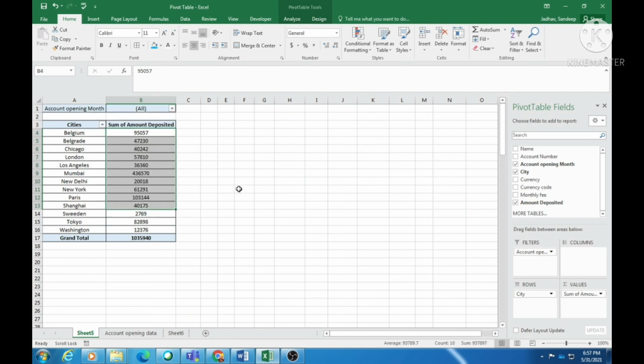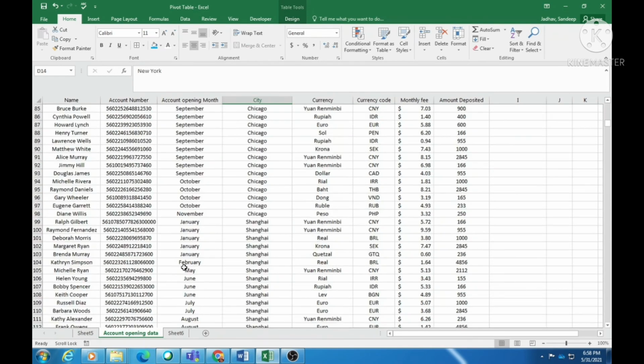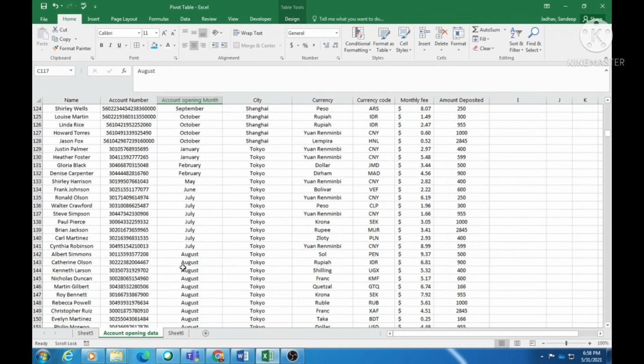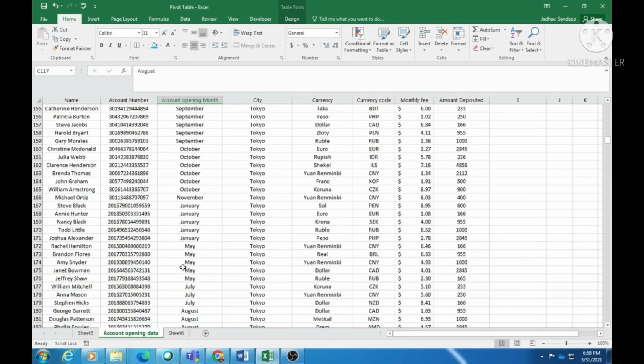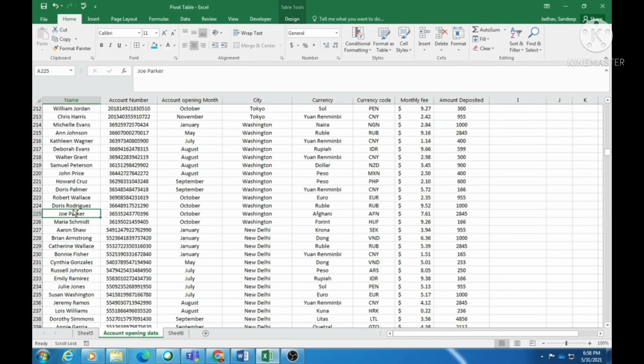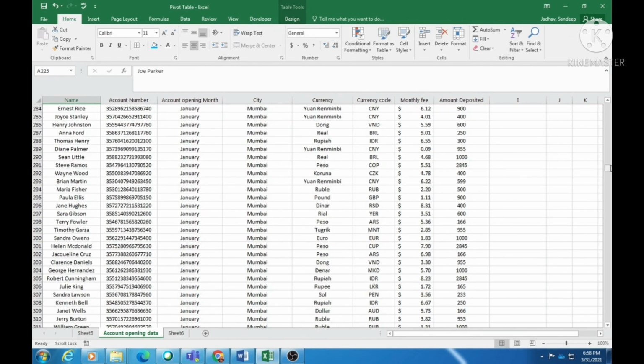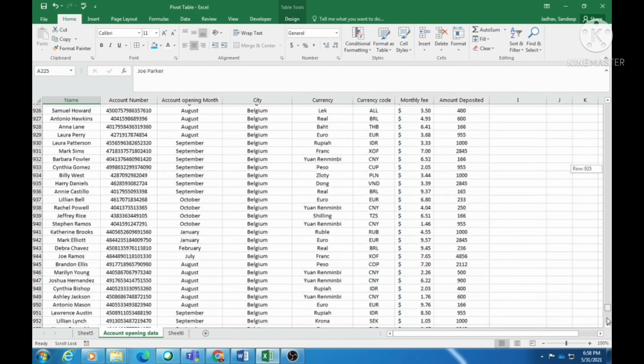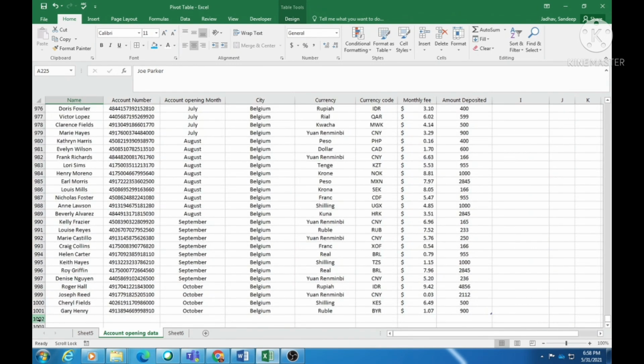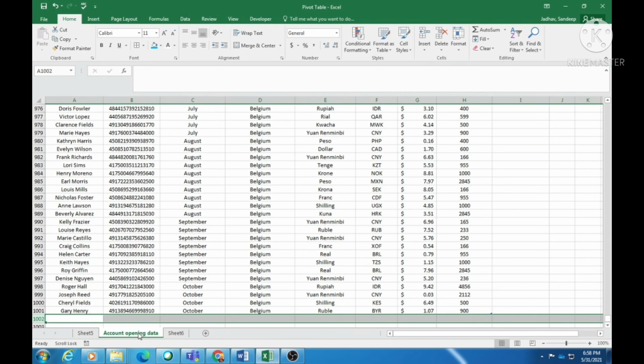So this is the way we can create a snapshot in pivot table. Isn't it amazing and easy to create? These were simple steps in creating a snapshot of the huge data. Now a few tips. For example, it may happen that this is the data for which we have created the snapshot. It may happen that after some time one of the records is getting added to this data in the bottom, at this particular row. What we can do, how can it be refreshed?